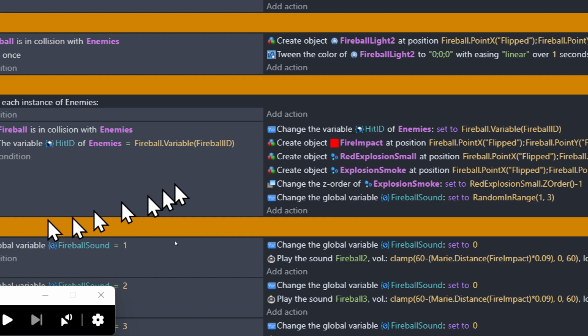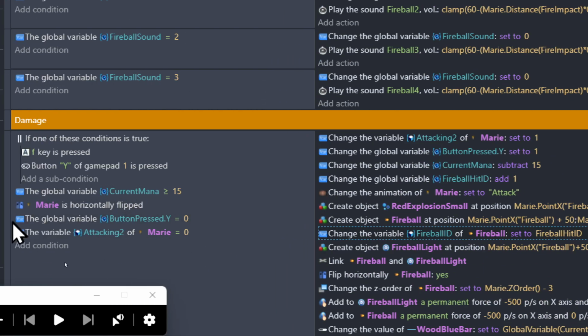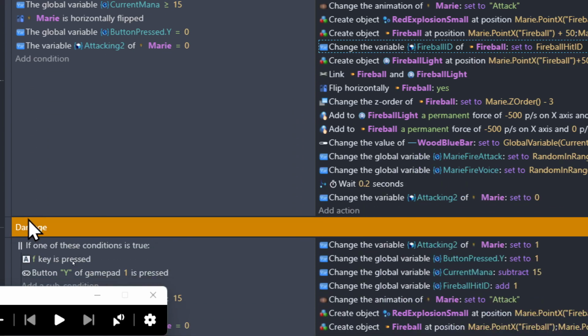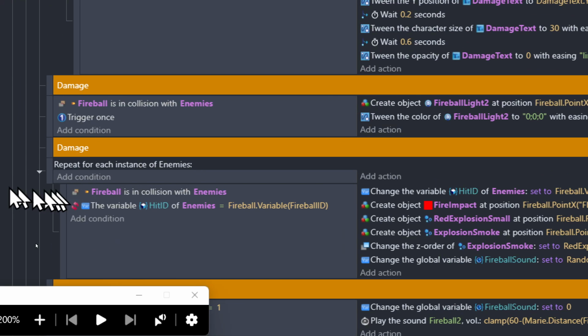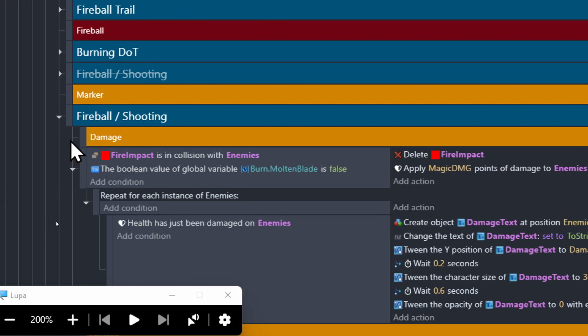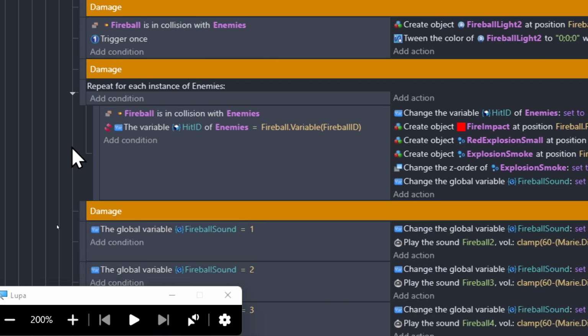And then if you don't want the global variable to keep going up and up and up until it breaks, we should do something about that. So, right, before I do that,